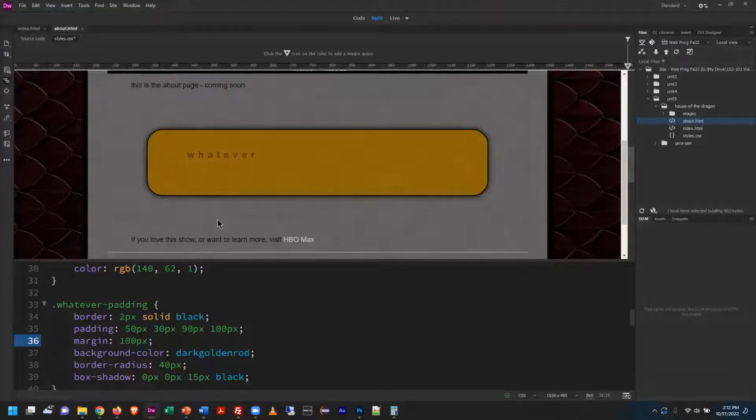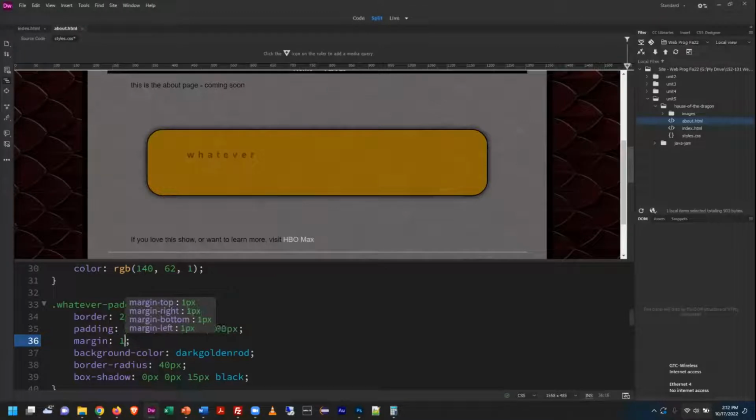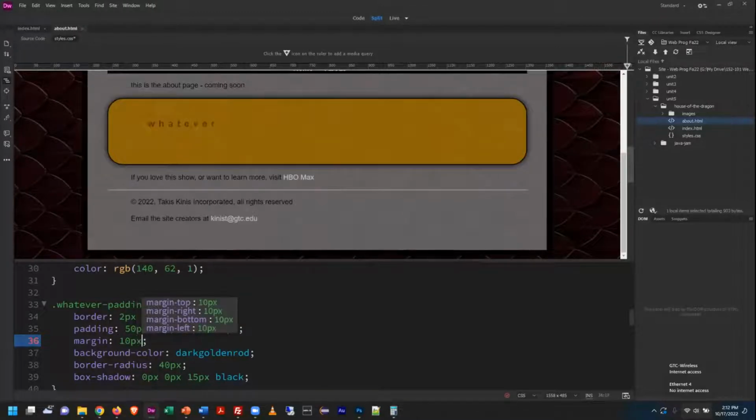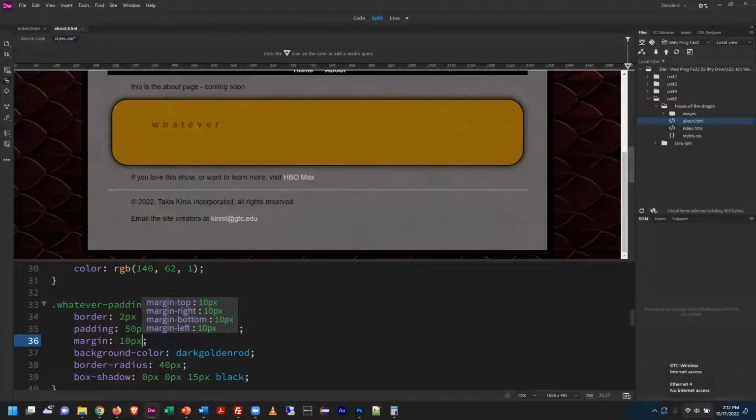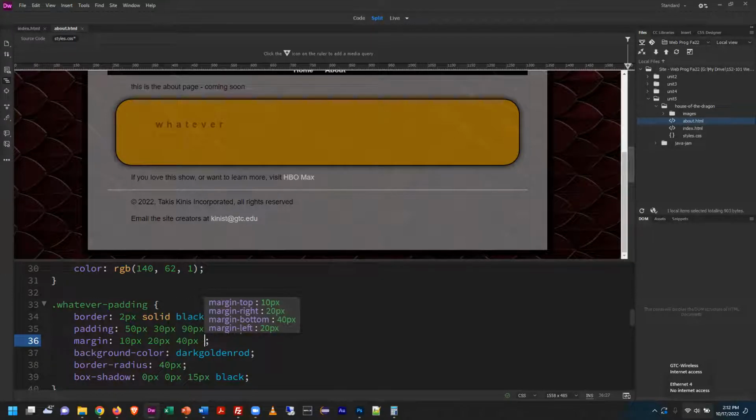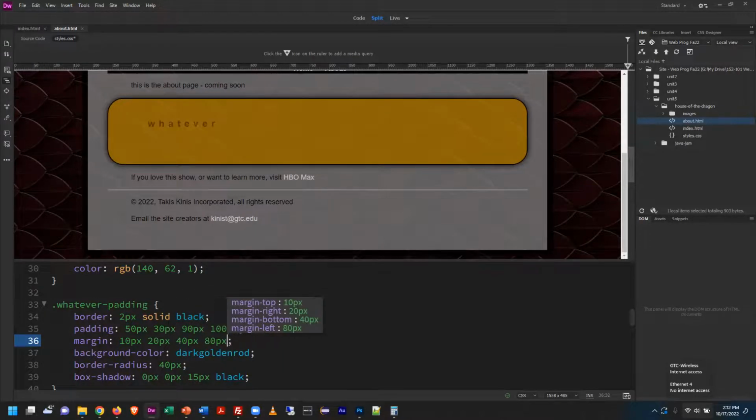So maybe, just maybe, and I'm just kind of putting it out there, I don't want a 100 pixel margin all the way around. I maybe only want 10 pixels on the top. You can see the changes I make here. When I add a second term, you're just going to add, right? And I can keep going here. And then you can start playing with all of these values, folks,